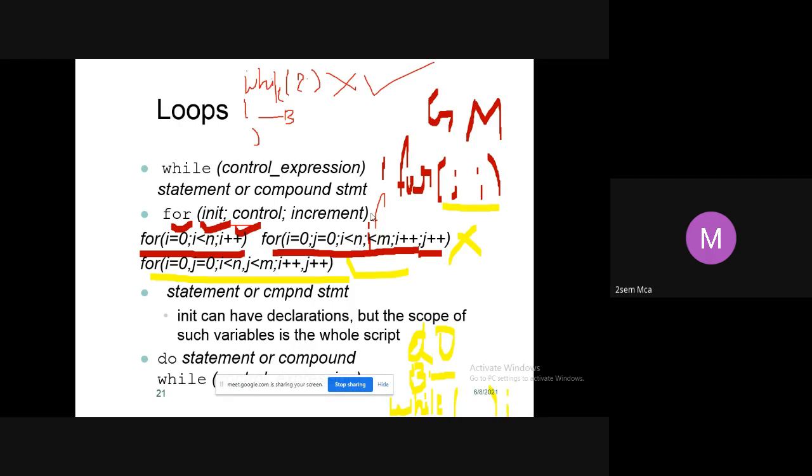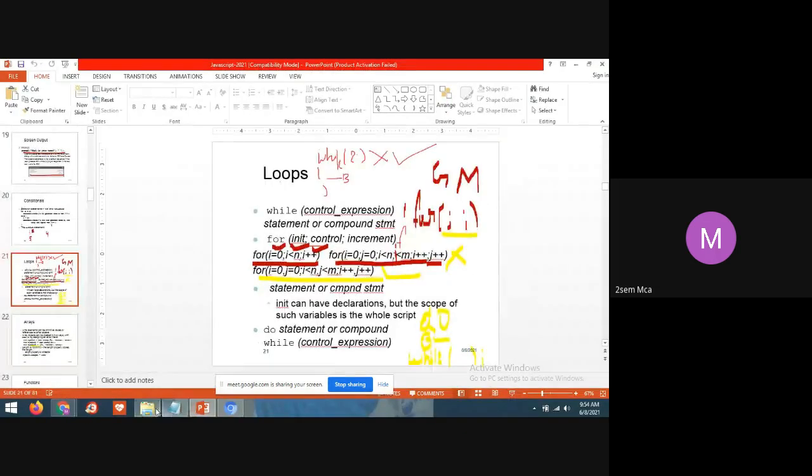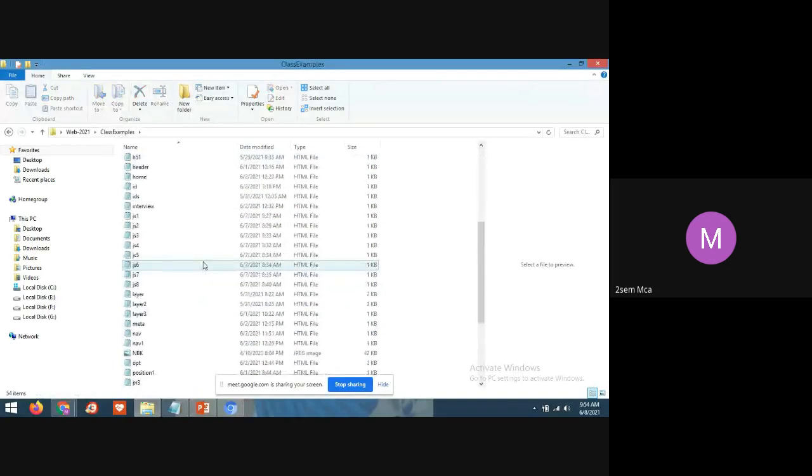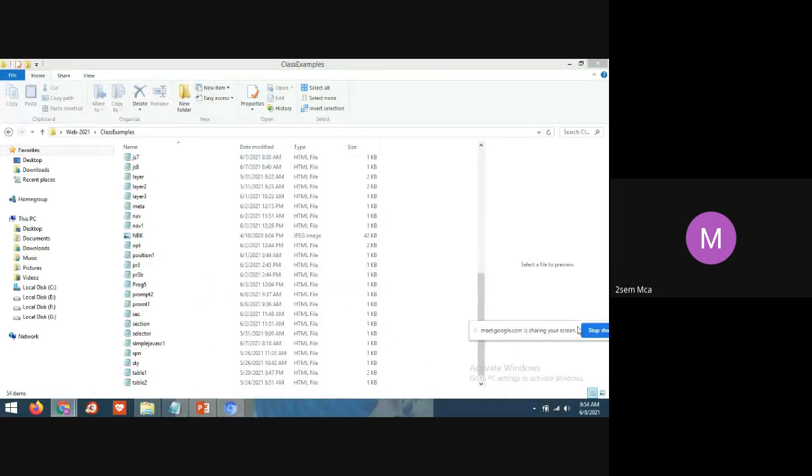So this also we have seen in the last class. And the entry control loop and the exit control loop also we have seen in the last class. And now let me explain the programs. Simple programs I have taken, students. These programs I'll share in the Google Classroom, so you can practice these programs at home. Whatever programs I'm sharing in the Google Classroom, please practice.